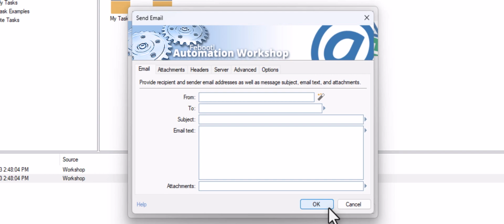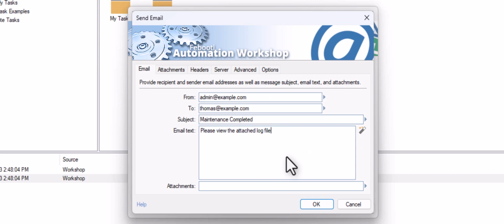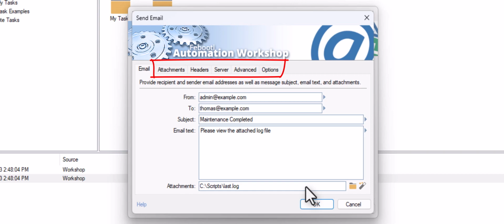I will quickly fill in all the necessary fields. And as I mentioned earlier, I need to attach the log file from our maintenance script. There are tons of settings for email sending, but I will keep the defaults for the purpose of this video.